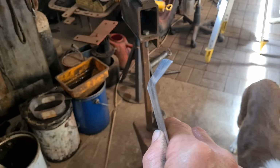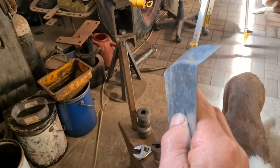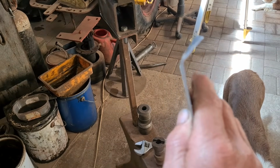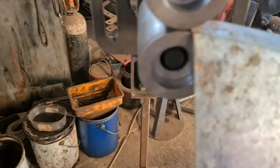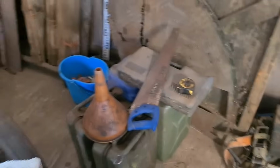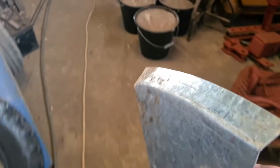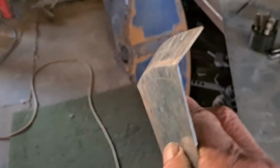which is to bend the lip we're doing here. Now this has got to end up at right angles to the plate where I'm holding it, and we should be running that through there to do that, which I shall show you in a bit. This is a test piece, but the bit we're making here